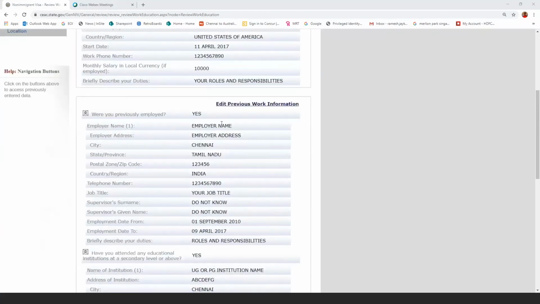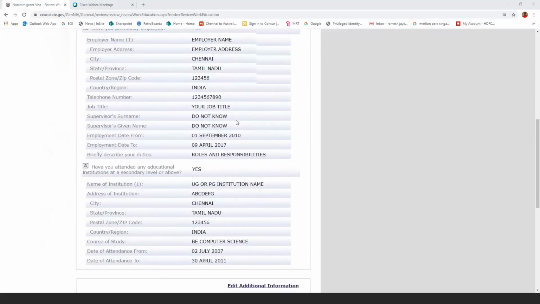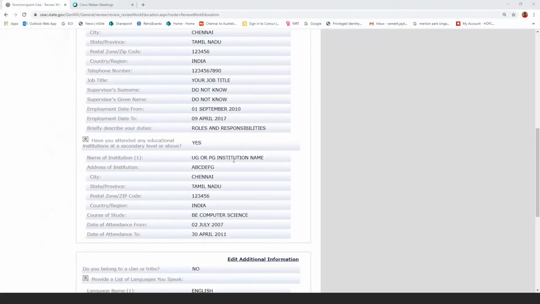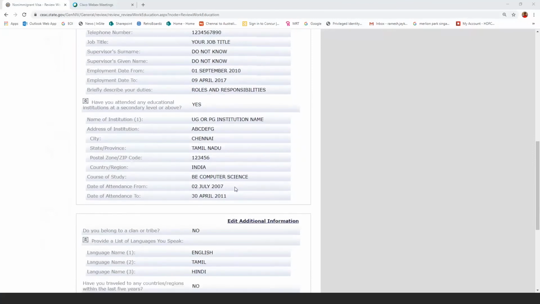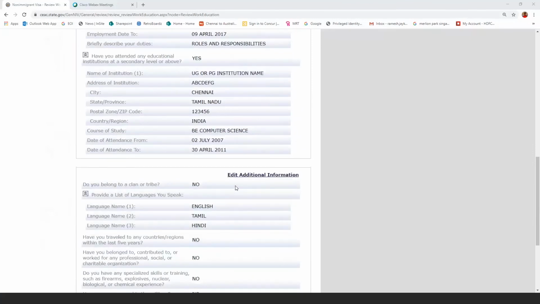Similarly, for your previous work information, you can capture these details from the experience certificates provided by your previous employers. Mention all your previous work information and your previous education information. If you have completed your masters, mention your masters information followed by your bachelor's information. Also, it is essential that you mention your higher secondary and your state or matric information.